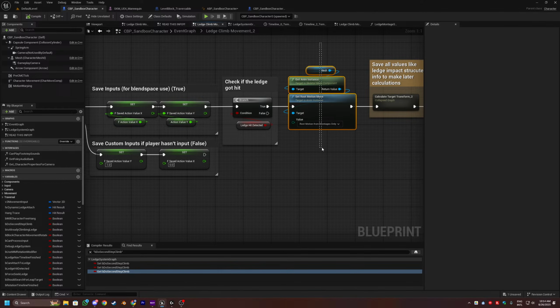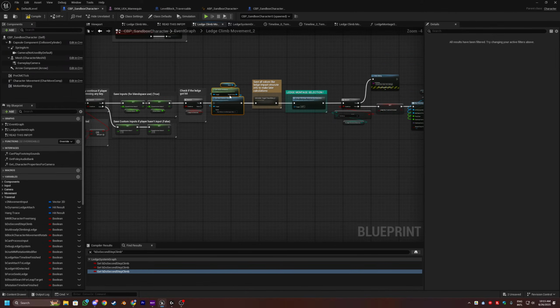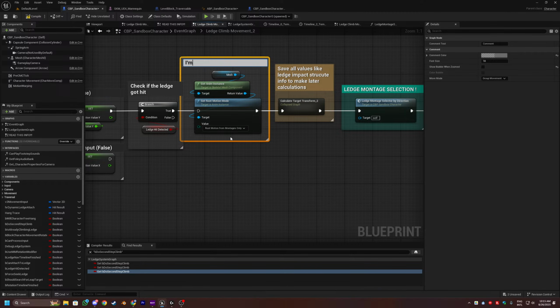I'm not sure why I set the root motion mode to be root motion from montages only. I'm not sure if it's really needed for that. So I'm going to write this down. I'm not really sure if I needed to use this,